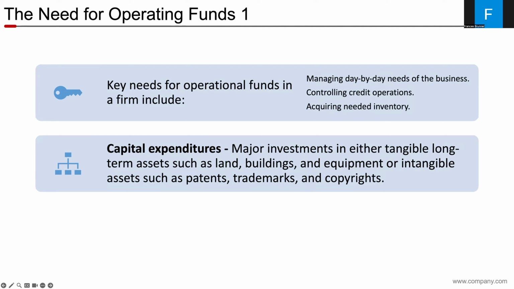All right. So operating funds are crucial because they manage the day-to-day operations of the business. You need to control the amount of credit that is being paid back in each month and also the amount of inventory needed. This means that you don't want to purchase too much inventory or too little inventory to cover the period that you have sales. So, capital expenditures would be tangible long-term assets, such as buildings, land, equipment, or other intangible assets, such as trademarks, copyrights, or patents, which we had learned last chapter also have value.